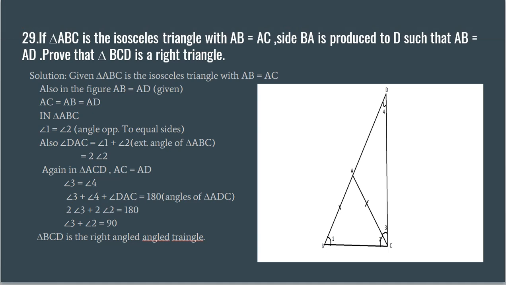This triangle is isosceles. So AB equals to AC, which implies that angle 1 is equal to angle 2, because since the opposite sides are equal, the angles will obviously be equal. And we have been given AB equals to AD. Now in triangle ABC, angle 1 equals to angle 2,